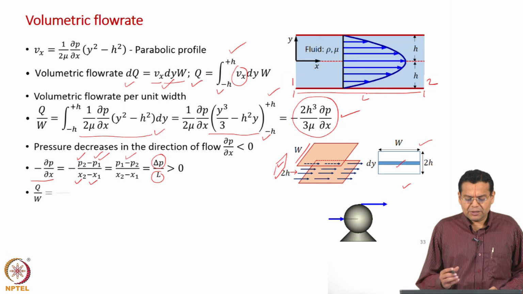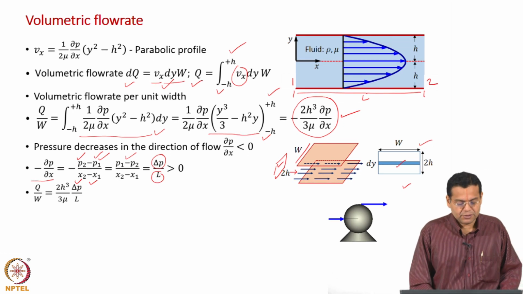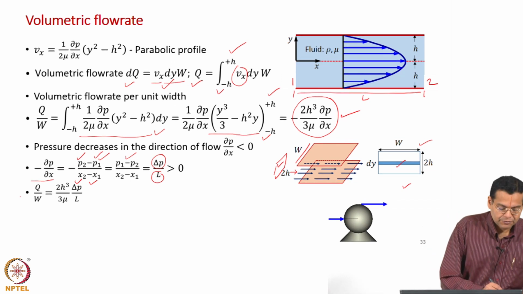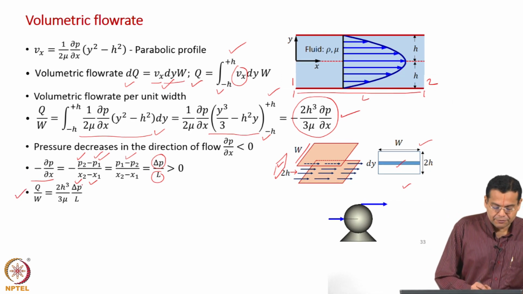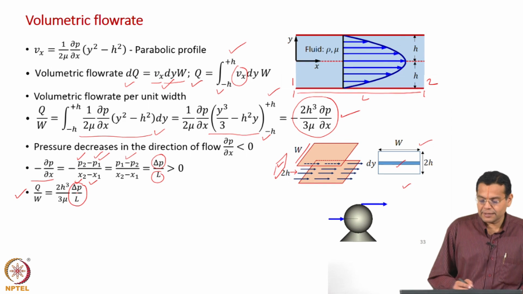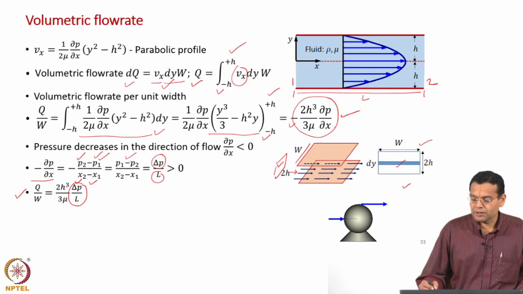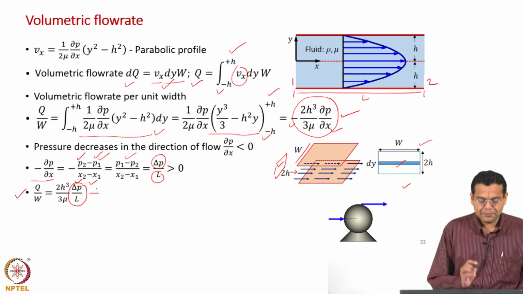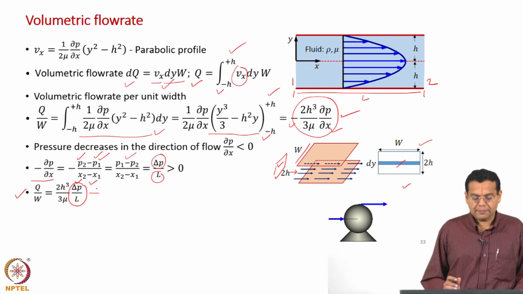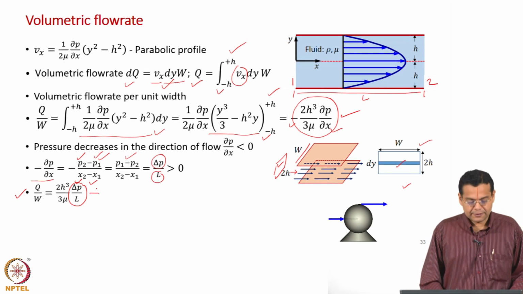So at that moment you look at delta P, it is positive, easy to understand as well. So we are writing the expression for flow rate in terms of delta P by L. Look at the advantage: here we had a minus sign, dou P by dou x, now it becomes very simple, delta P is positive and the minus sign has been accounted for.